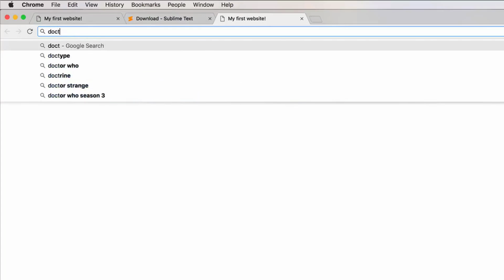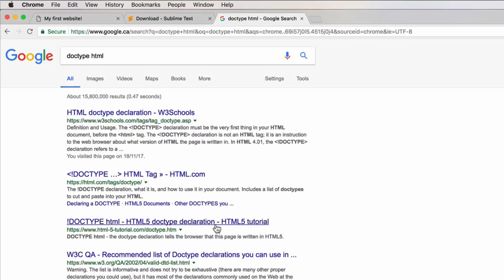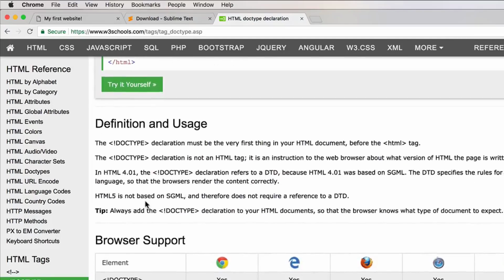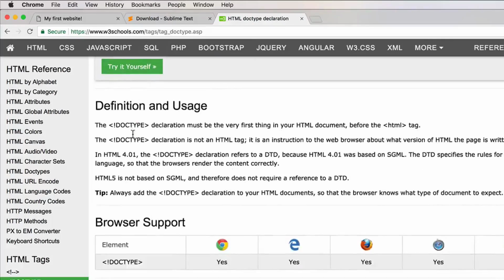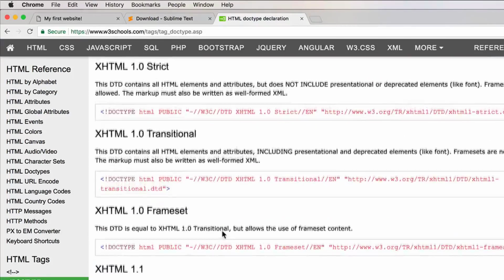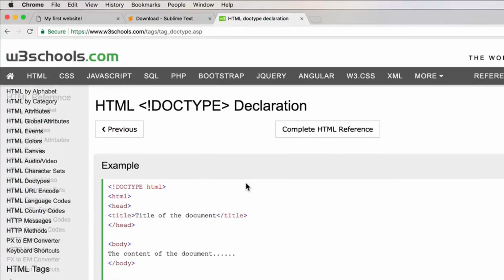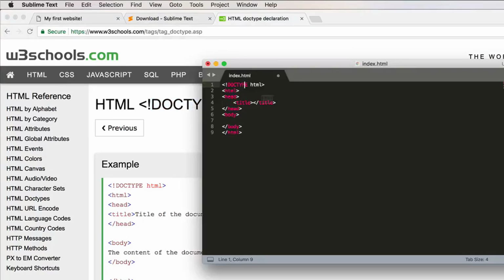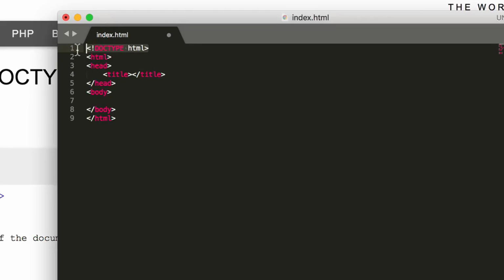So if I go into doctype HTML and we Google that, one of the first things we get is the W3 School, and this is a resource that I highly recommend. It'll actually explain what the doctype is and even show you a demo of what it does. You can read into this and get more familiar with it, but the general rule and the concept behind doctype is that doctype says to the browser, hey, just a heads up, this file is going to use